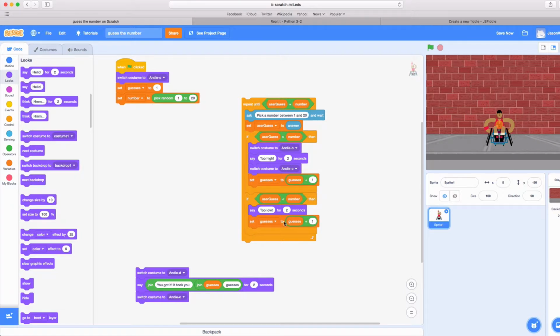So if you're inside this loop, it's going to run forever until the condition is met. If the user's guess is bigger than the number, it will say you're too high. It will add 1 to this guesses variable to let people know that they had 1 guess before, now they might have 2 guesses. And then it repeats in the loop and says again, pick a number between 1